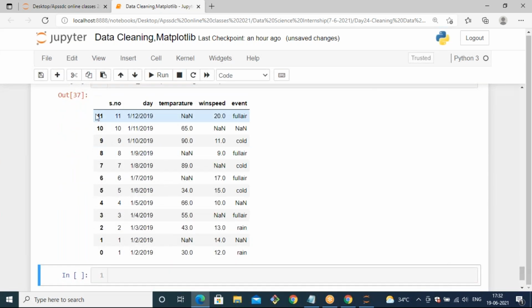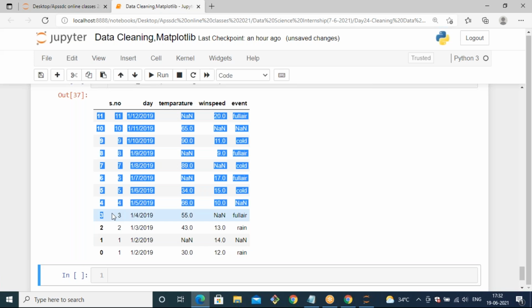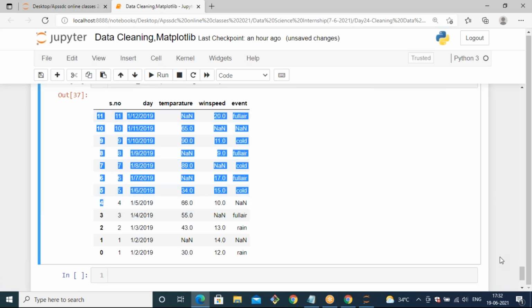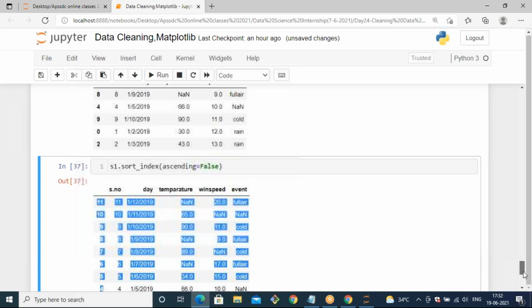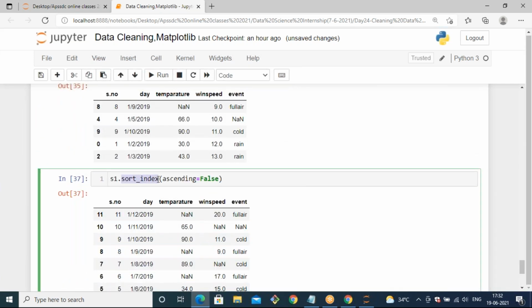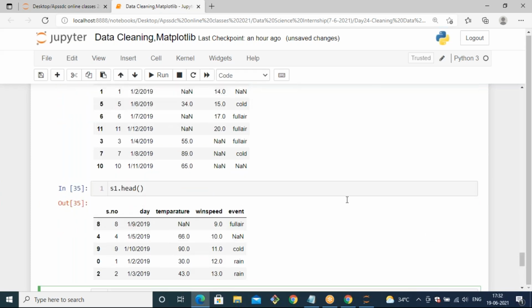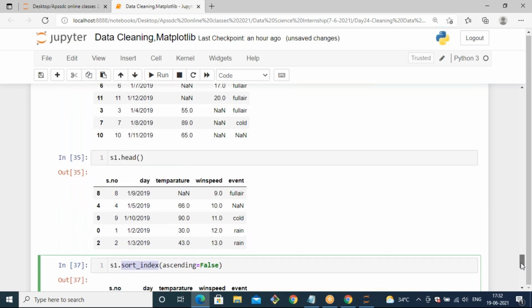Now you can observe the order of index is generated in descending format, high to low. Like this, you can apply sort index to sort your index and sort underscore values to sort any kind of column values.